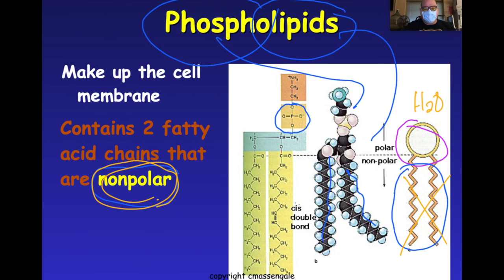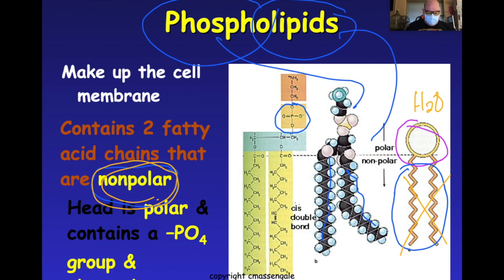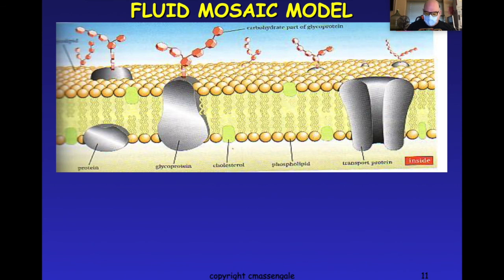So, a little bit more about this. Just make sure you know the head is polar. I'll draw these. They don't really look like this, but to help students remember, I will draw these where they look like this. I will draw these with a heart on one side and then the two tails. So instead of a circle, I draw a heart. I draw a heart because the heart loves water. Okay? And so if you think about all these as little hearts,